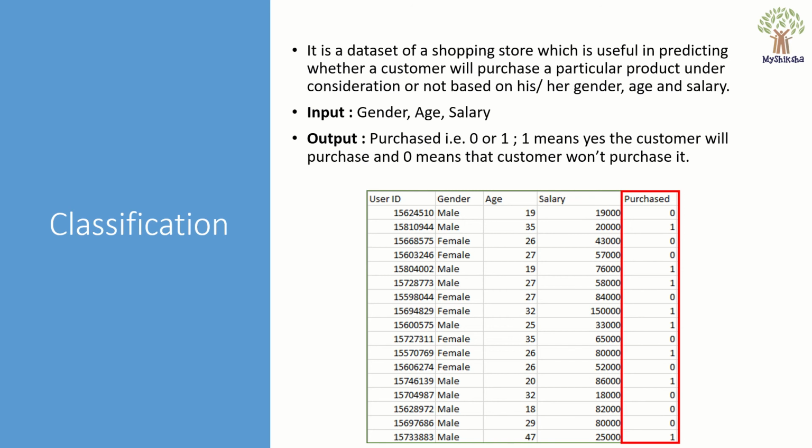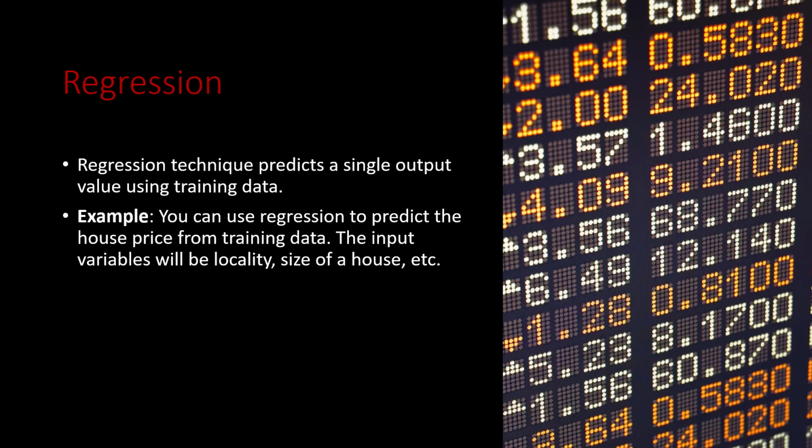So what you're looking at here is a bunch of customers with the user IDs and the gender specified very clearly, age specified very clearly, and then the salary income of the individual is also mentioned very clearly. With these inputs for the past historical data, you have a very clear classification, that is a label given whether it is 0 or 1, whether the customer has purchased or not. So this is the training data set that is available.